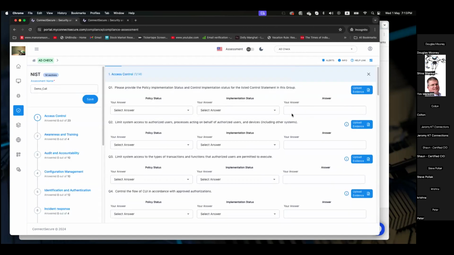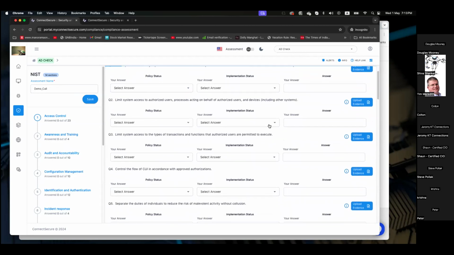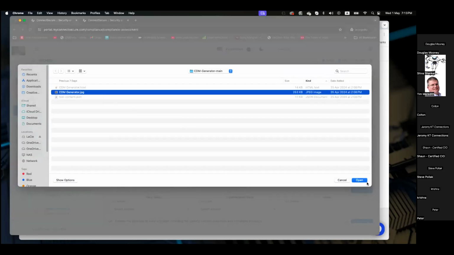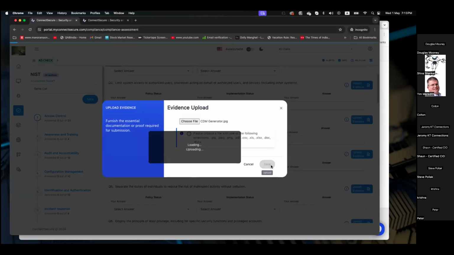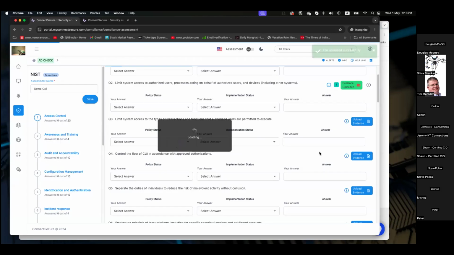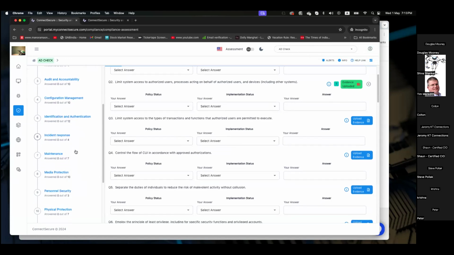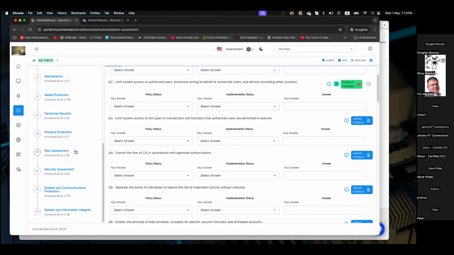So if you have a partially done assessment, you can go and save it. And you also have a provision of uploading evidence where you can choose a file. You can choose multiple files and upload it as an artifact against a control assessment. So this is in a nutshell how the assessment works. And it goes through all the 14 areas and all the several questions that are in each of the functional